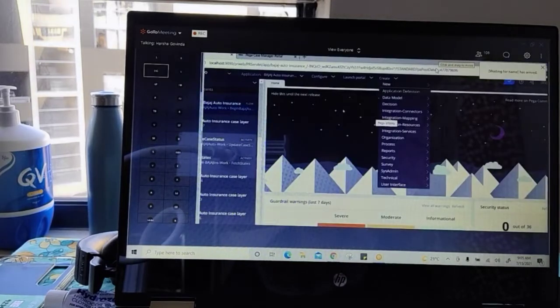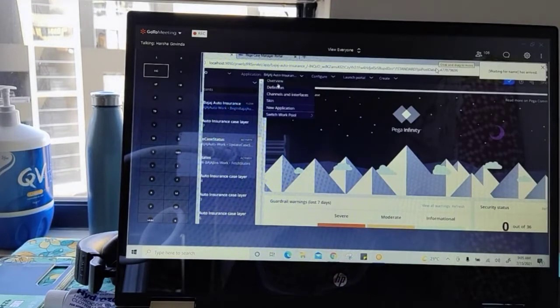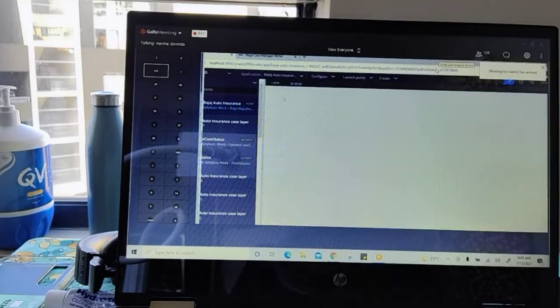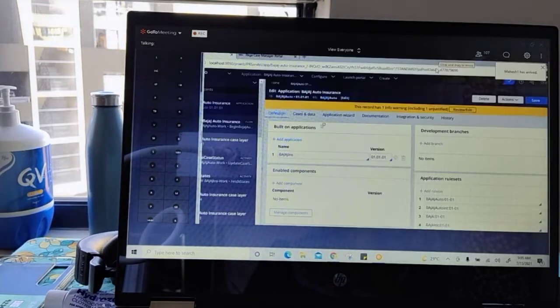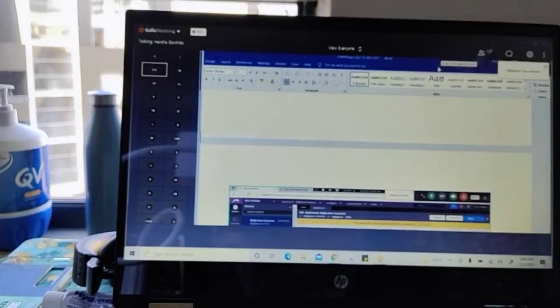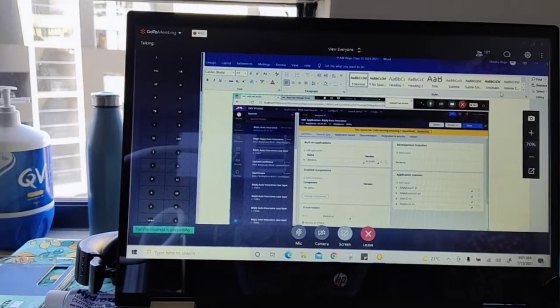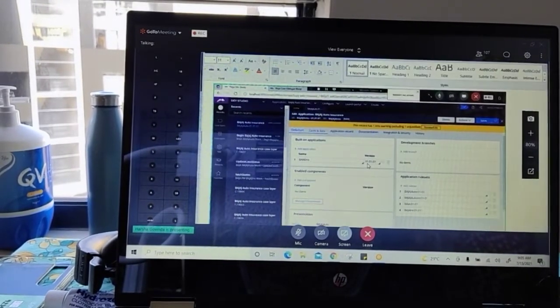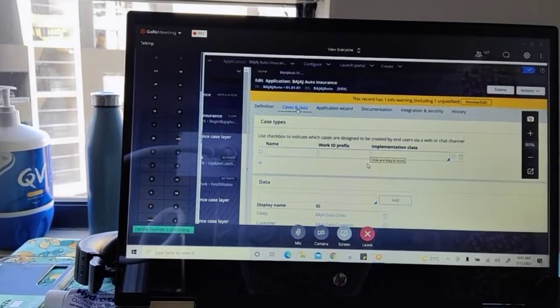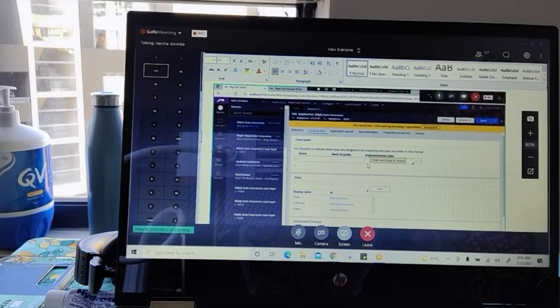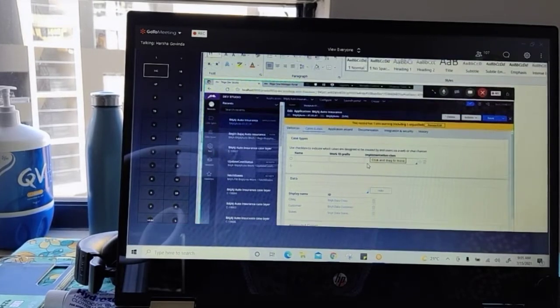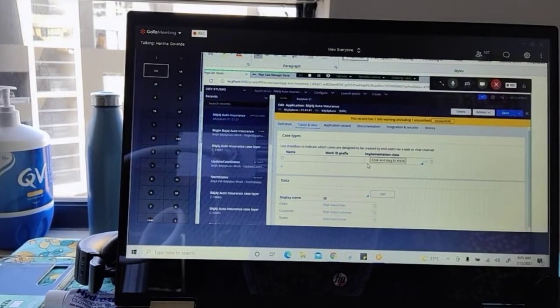Look here now. You know how to open the application rule form. Definition, cases and data tab. After you go to the cases and data tab, make an entry with flow names.